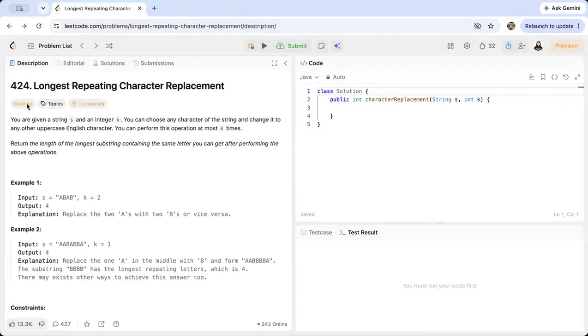So the question we're taking here is longest repeating character replacement. So let's understand the question. The question says that we have to return the longest substring containing the same letter. And